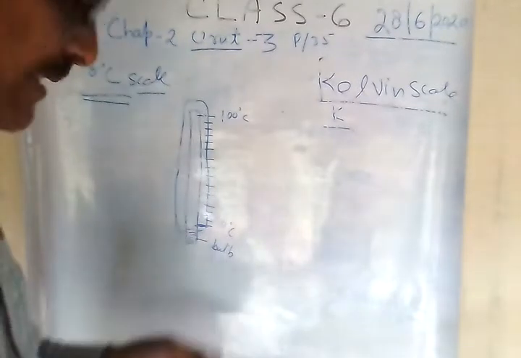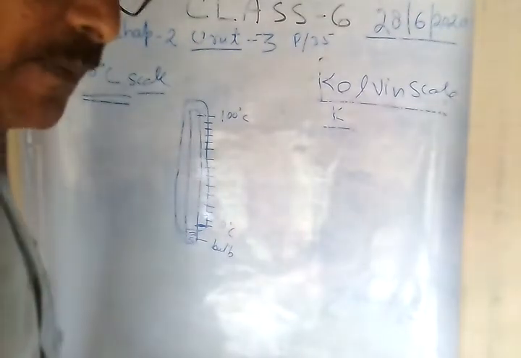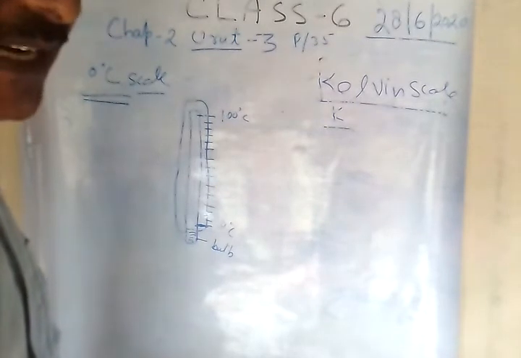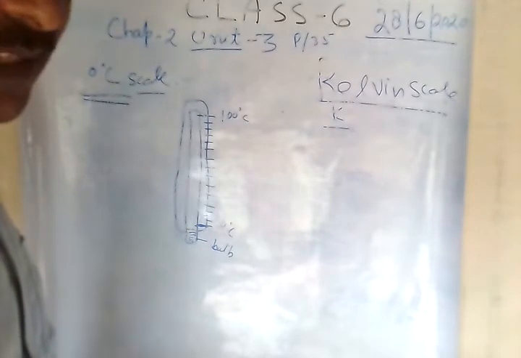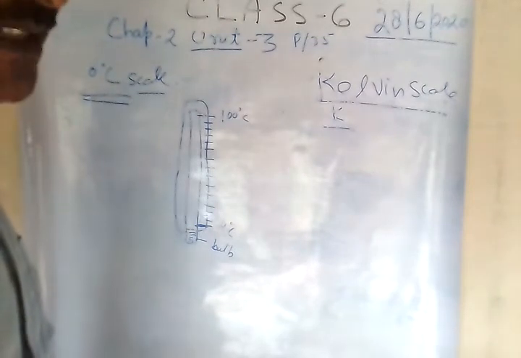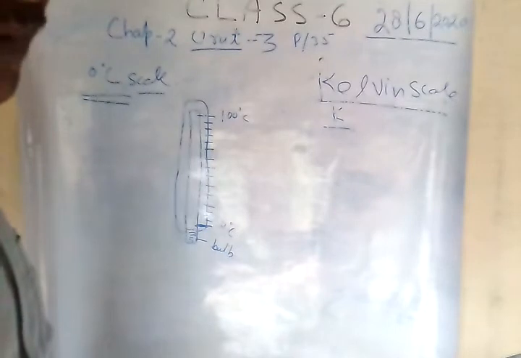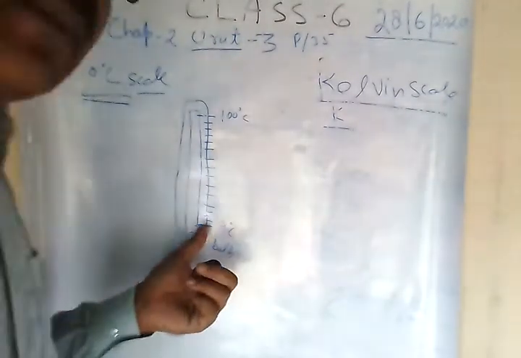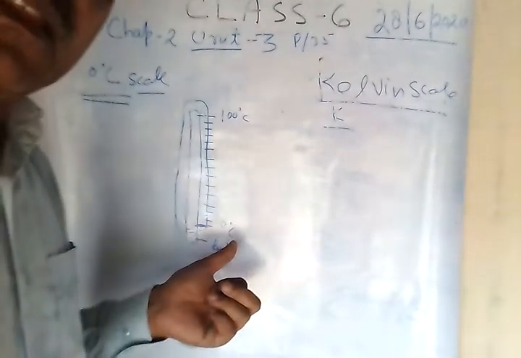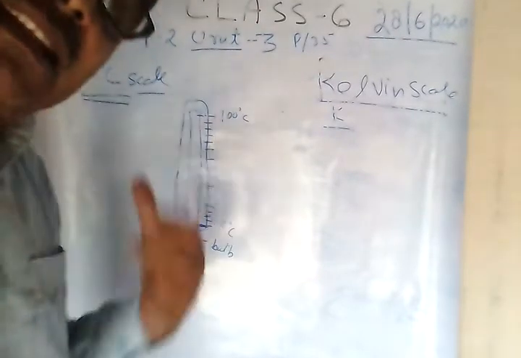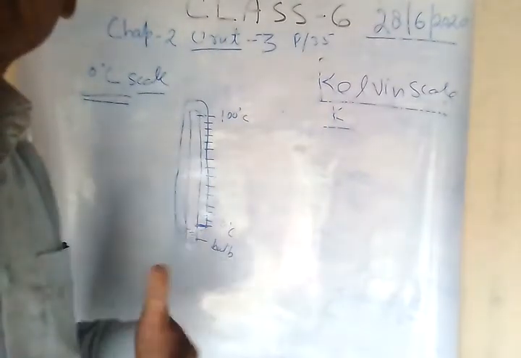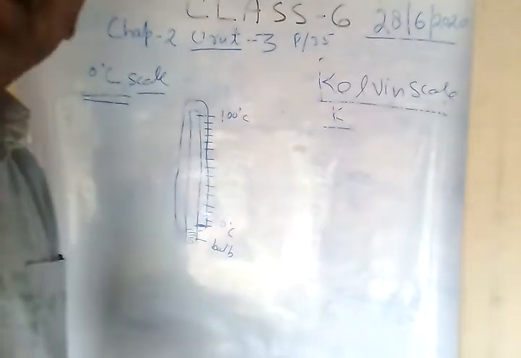In the Kelvin scale, the temperature of a body can be below 0 degree Celsius. The question arises: what is the last limit of temperature? Lord Kelvin theoretically calculated that minus 273 is the lowest limit of temperature. You know that this thermometer can measure 0 centigrade, but in the Antarctic region, the temperature will go below 0 centigrade: minus 1, minus 2, minus 30, minus 40, minus 70 degrees Celsius.